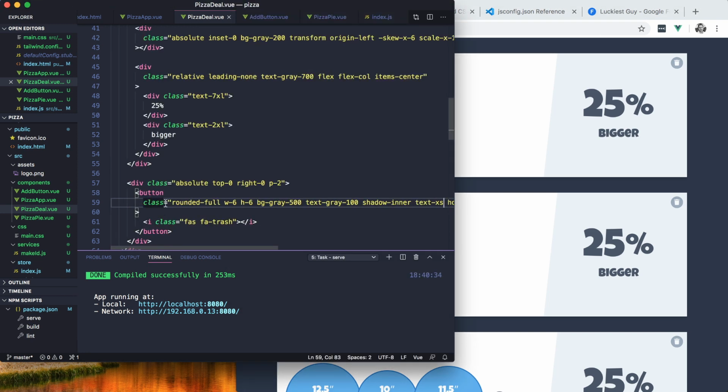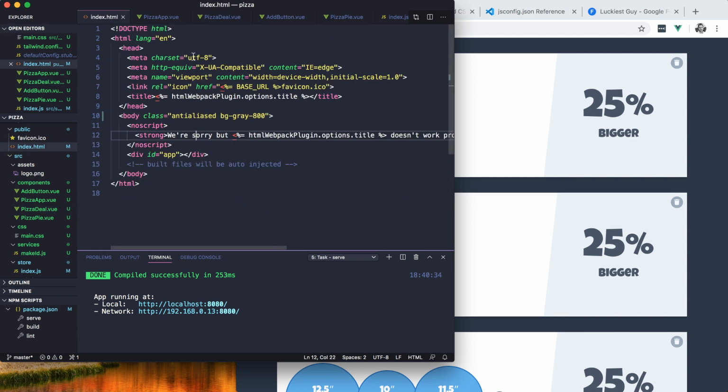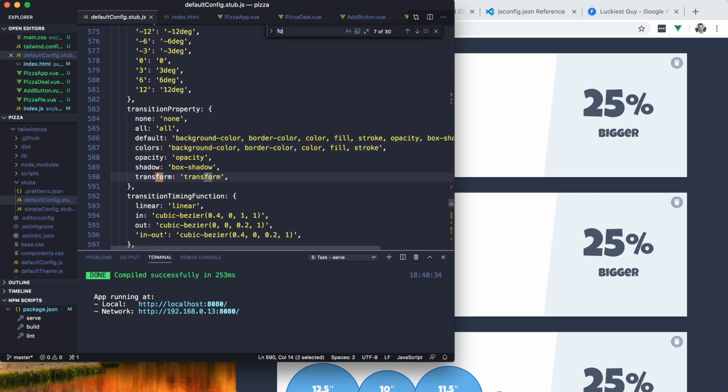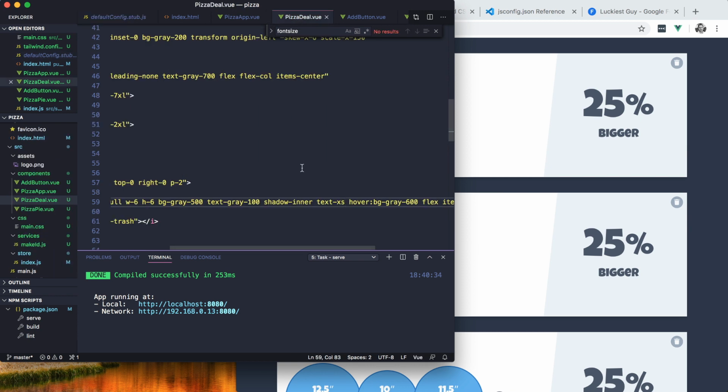And when we click that button, is there a text size smaller than XS? That is the smallest one. I could define one even smaller. I'm kind of on the fence on whether that's too large. I'll leave it right now, but